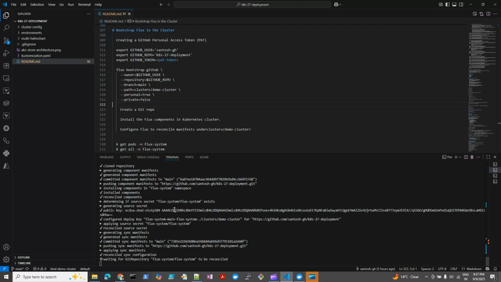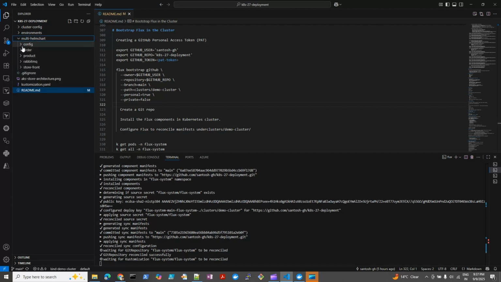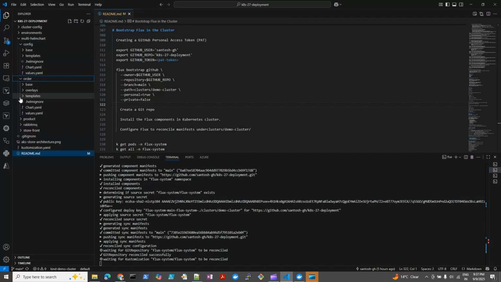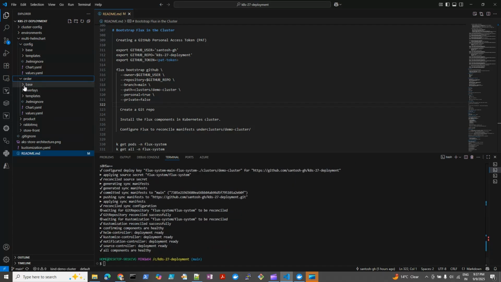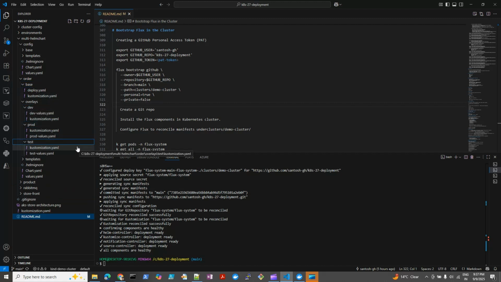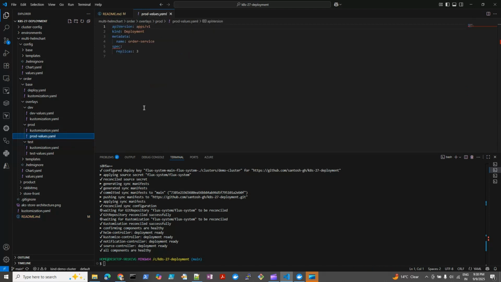And then what we need to do here is we need to customize our Helm chart. You can see here in each of these multi-helm charts, I have created two different folders. You can see base and overlays. So base includes the common manifest files, and that is common for each of the environments. And overlays basically include the patches, that is, some values that it needs to override. So that we'll just define it as a separate